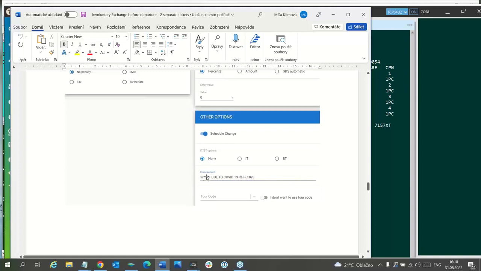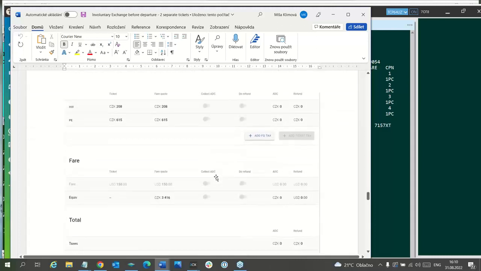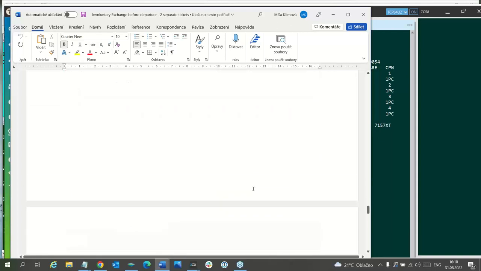If you don't want to have this SKCHG at the beginning because you have different instructions from the carrier, you can switch off this schedule change, nothing will be here, and you can put what you want, for example, invol instead of schedule change. Now here is the comparison table with zeros, and that's it.